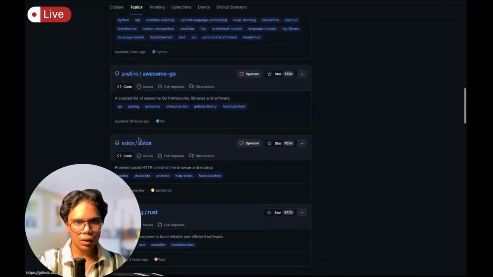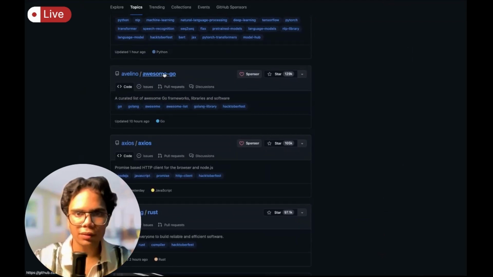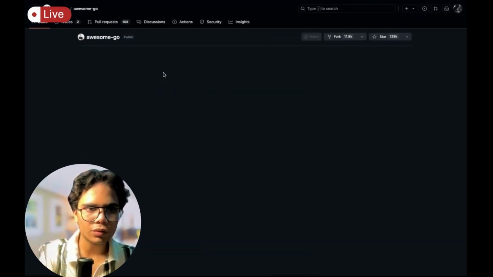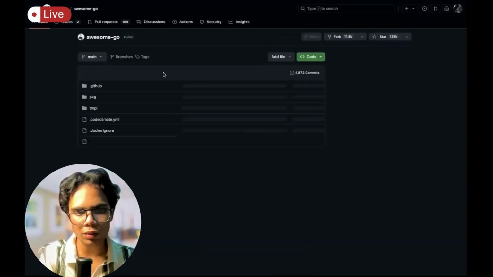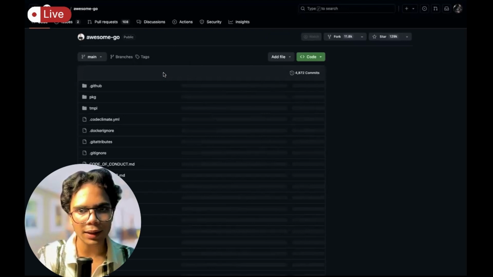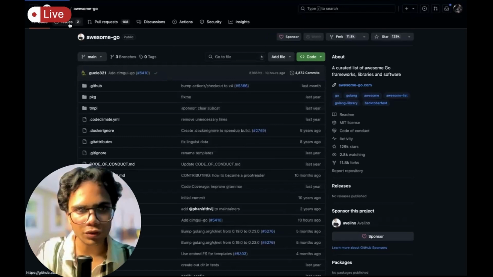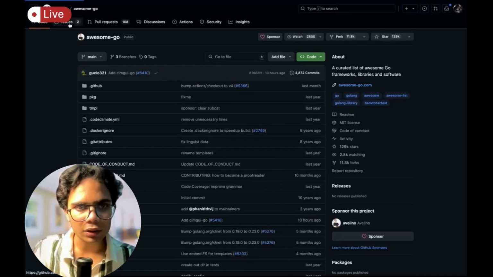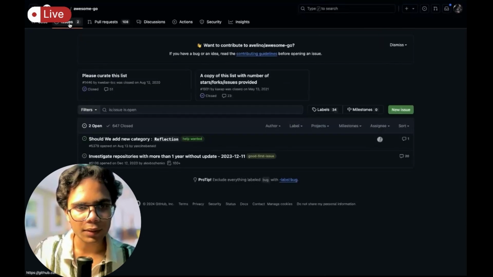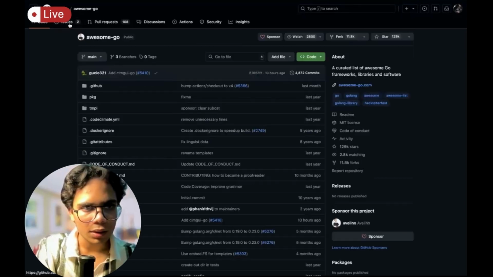Awesome Go, Axios. This is very famous, Axios. Awesome Go is for Go Golang. Go Golang is not very beginner friendly, but still we can see this. Let's see, because Go is developed by Google, and in cloud computing, Golang is very useful right now. People are using it too much. There are only two issues, and I do not think they come under Hacktoberfest. They are not coming, yaar. Let's see